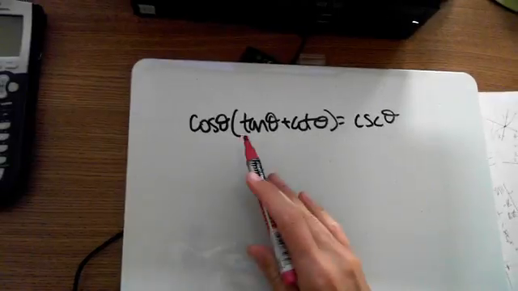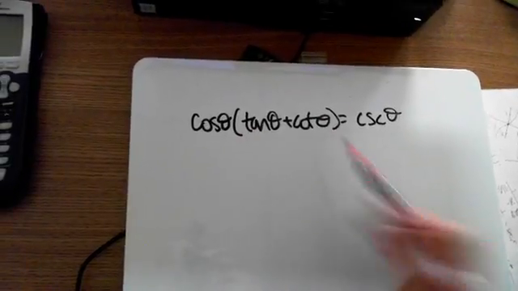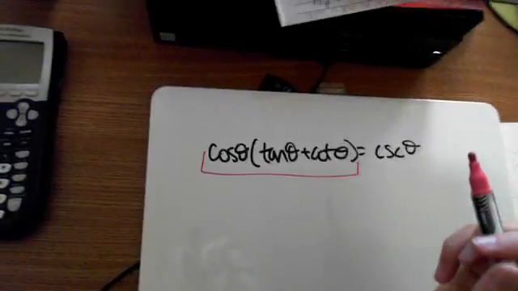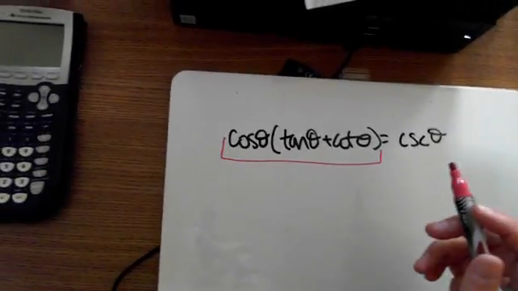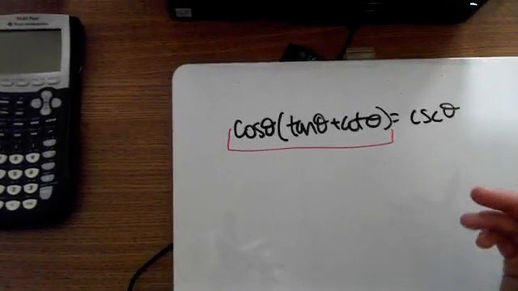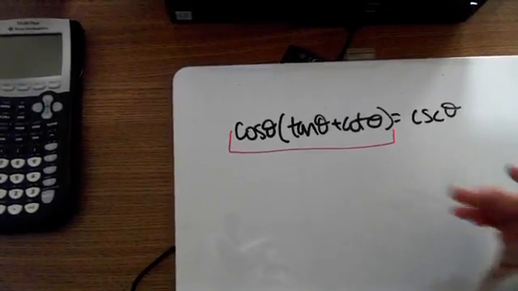So cosine times, we've got tangent plus cotangent in my parentheses equal to cosecant. So left side, more complicated, we're going to change that. Can't do anything to the right side. So now what we have to do, I'm going to change everything into sines and cosines. I don't see anything squared, so the Pythagorean identities are probably not going to happen right now as far as